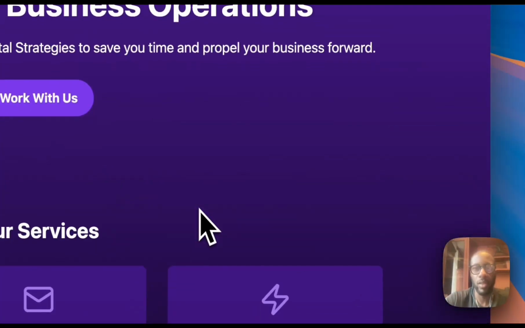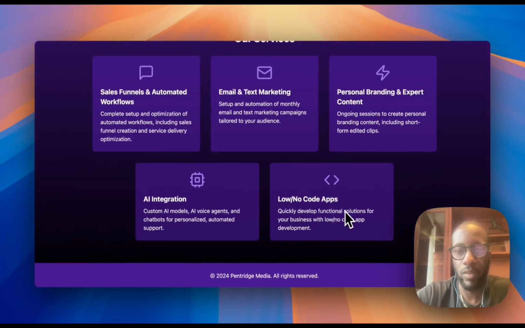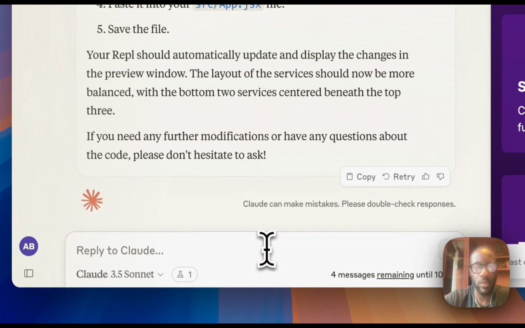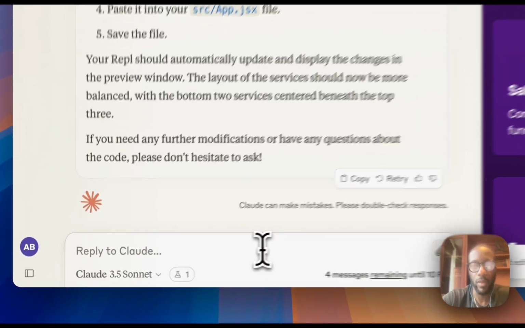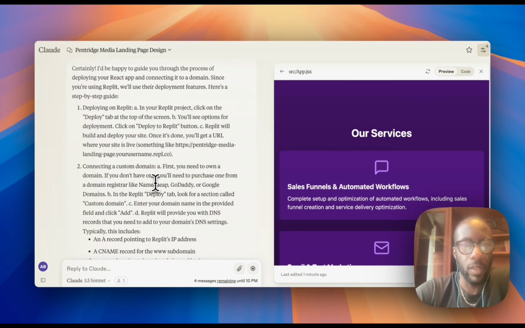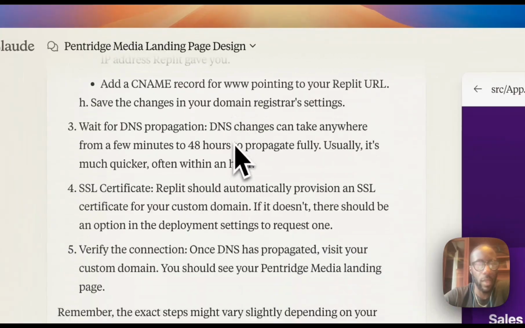And so you see how you can play with Claude by reprompting and asking for it to make changes like it's an assistant. The next step is going to be now to actually deploy it and connect this to a domain. Okay, now that we have the page, can you help me with deploying and connecting it to a domain? So deploying it, click on the deploy tab at the top of the screen. All right, so in order to deploy it and then connect it to a domain, what you're gonna have to